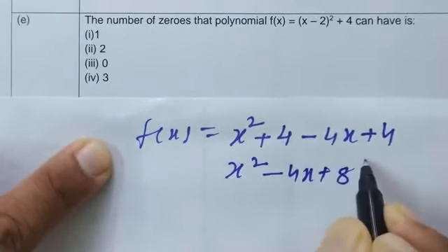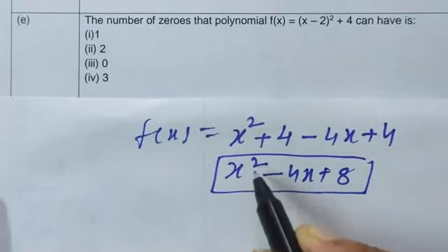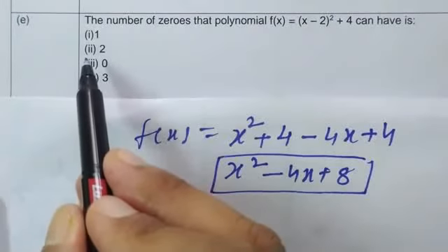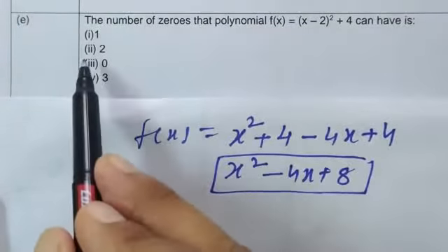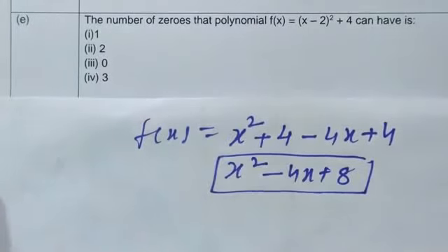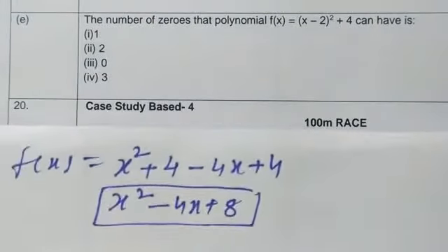This is a quadratic polynomial because its power is 2, its degree is 2. So a quadratic polynomial has degree 2, so maximum 2 zeros it can have. So the second option is correct. So this way we will solve